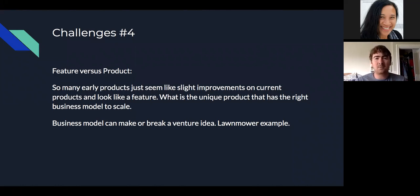And so they go out and their business model at this time might be, well, I'm going to license this to drone manufacturers. And then drone manufacturers are going to pay me a royalty on everything they produce. And they have this great innovation, and now they're trying to sell a feature to the drone manufacturers. However, if you look at the business model, the venture scalability, you might find, and I don't have the numbers in front of me, but I remember this being the challenge for this business, was that it would be very hard to command the sort of pricing power and maintain those high margins in this business